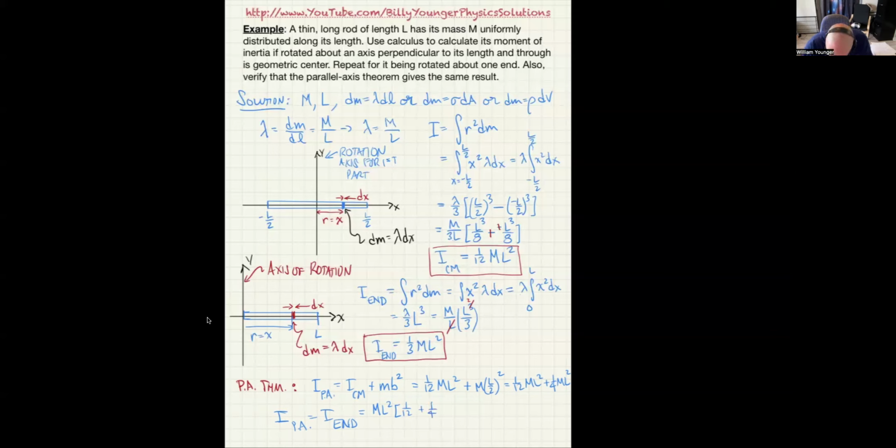The least common denominator, of course, is 12, so I need to multiply this by 3/3. And when I get that, I can now say we basically have 3/12 plus 1/12, which is 4/12 mL squared. But 4/12, of course, is 1/3 mL squared. So now we have demonstrated the claim. So we write QED,